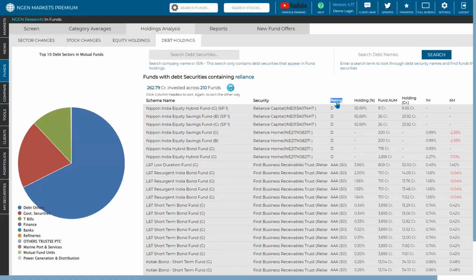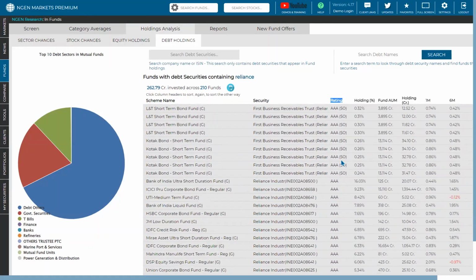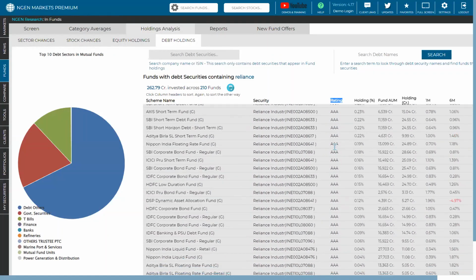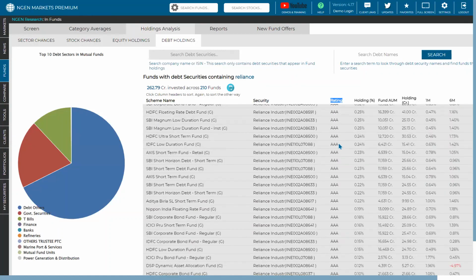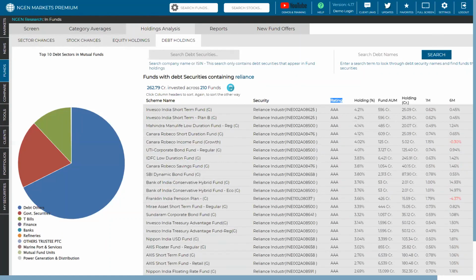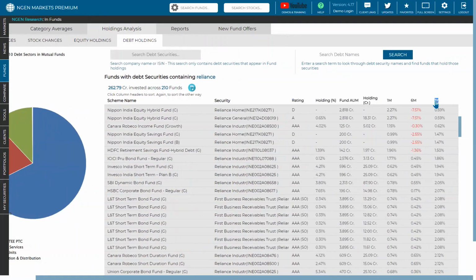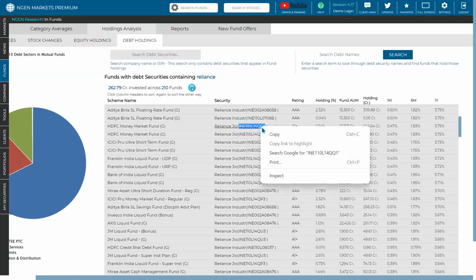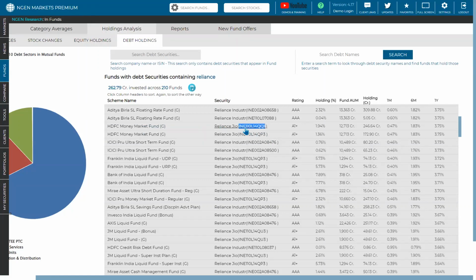You can check through ratings, see what the defaulted debt papers are, and how many funds are holding them. You can also check other ratings such as AAA, AA, A plus, and everything is given here. This is very useful to know the performance of these debt funds as well. You can take a look at the 1 year performance, and you can download this entire data set in Excel. And if you have an ISIN number for that debt paper, you can copy that ISIN number. I will show you an example here. Let's say this is an ISIN number we want to look at for Reliance Jio.